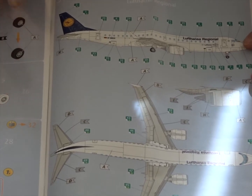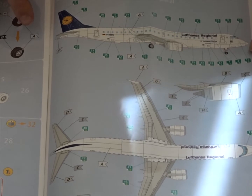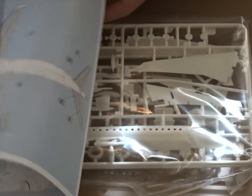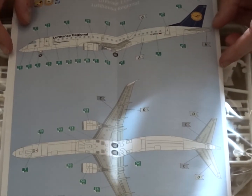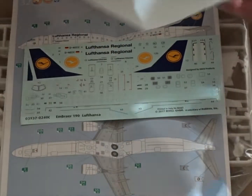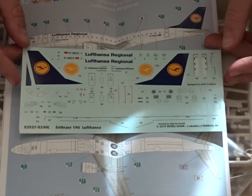So you have a top view and the right view for the Embraer, and that comes with the Lufthansa Regional livery, the old color. And then you turn the page and you have the left side with the underbelly of the aircraft. Now we're going to check out the decals, and those decals are made by Revell,